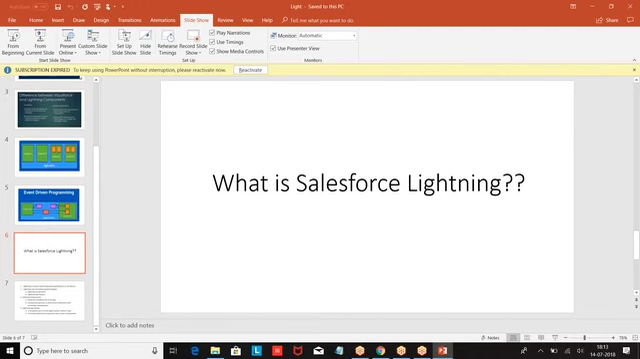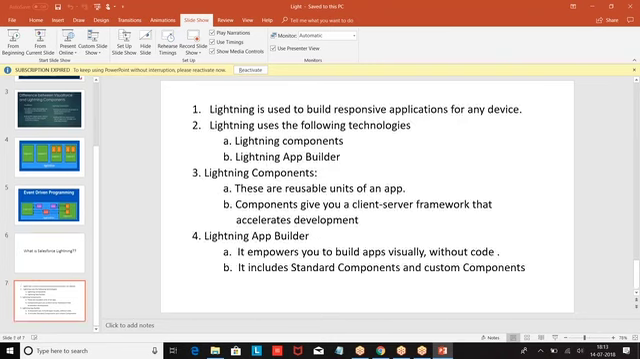What is this Salesforce Lightning? We keep on using a word called Salesforce Lightning. What is this Salesforce Lightning? Basically, it is used to build responsive applications for any device. Now, when you build websites, they are automatically responsive on mobile, tablet and